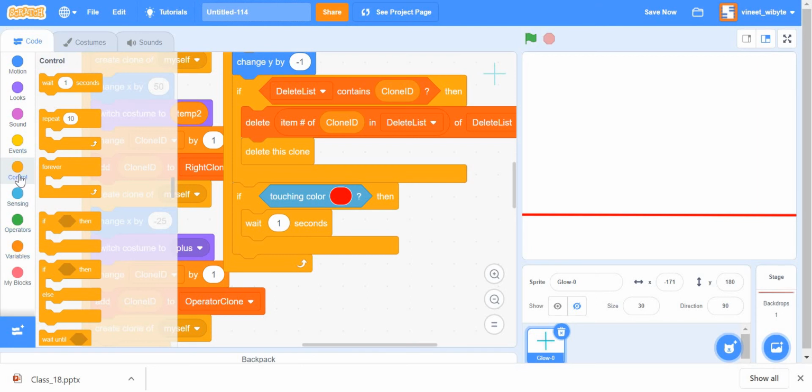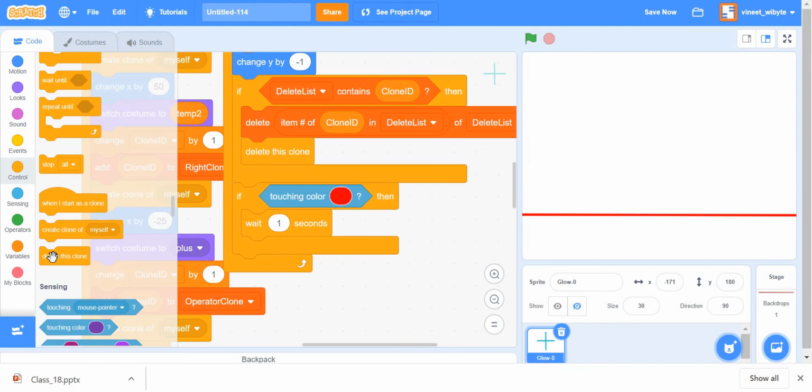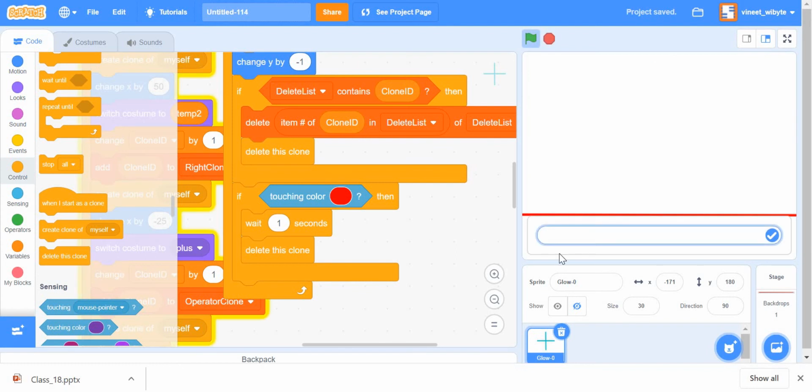Remember, the clones are getting deleted in two conditions. One condition is when the number has been correctly answered. The other condition is that the number touches this line. So let's just see if this thing works fine. See, if I answer 3, this gets deleted, but let's not answer 6, because 4 plus 2 is 6, but I want these 3 to get deleted by touching this line. So they go and touch this line, they get deleted. Similarly, 7 plus 7, 1 plus 9, right? So essentially, this is the line before which I must answer these questions.